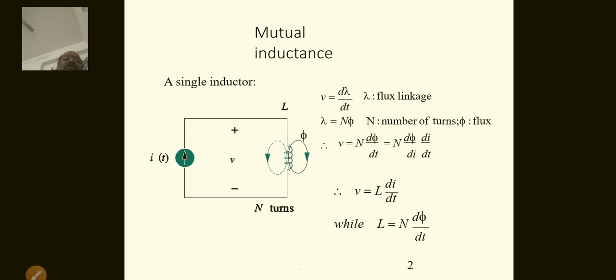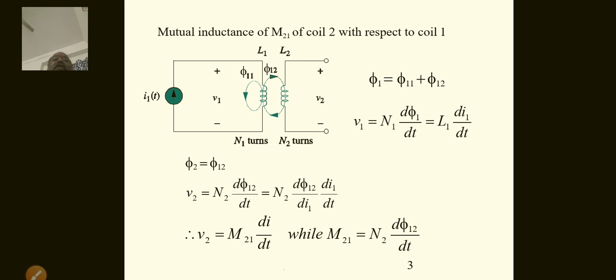Now, what is L? L is called the inductance of the coil, which is given by N d phi by di. You already know that. Observe this circuit, with the current direction like this. The coil has inductance L and N number of turns, and the flux will be produced when current flows through it. That is the magnetic flux. So generally, that is the self-inductance.